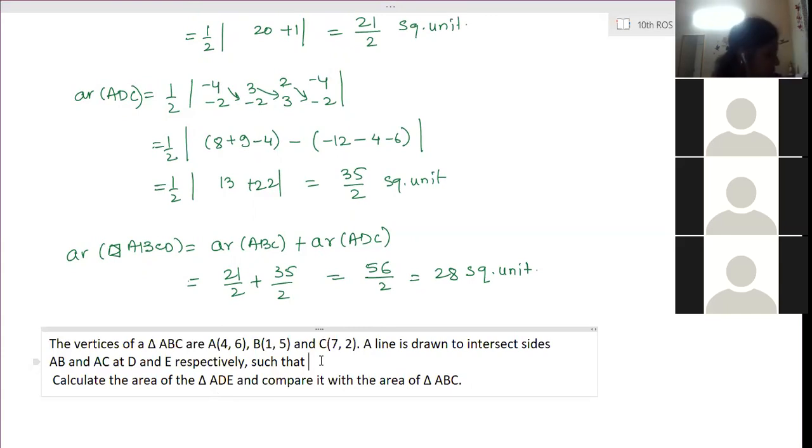So homework is the fifth exercise, first 10 CBSE questions. Are you able to understand? Fifth exercise, first 10 CBSE marked questions. RD Sharma, ma'am. Ma'am, does CBSE include exemplar also, or only CBSE? There are only CBSE in the beginning. 1, 2, 3, 4, 5, 6, 7, 8, 9, 10. Only the first 10 questions.